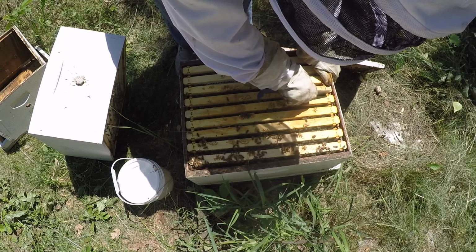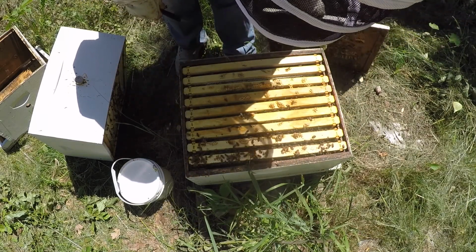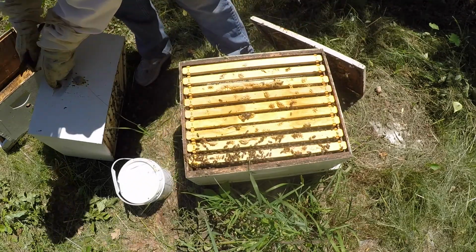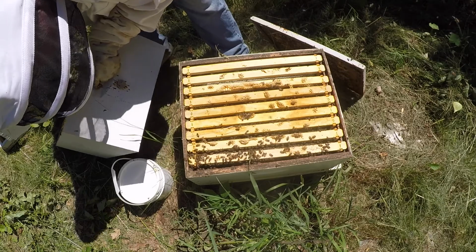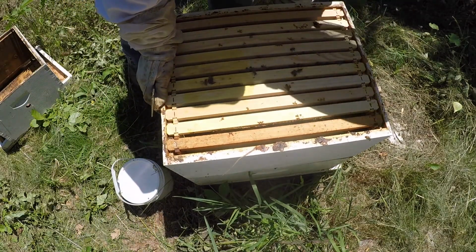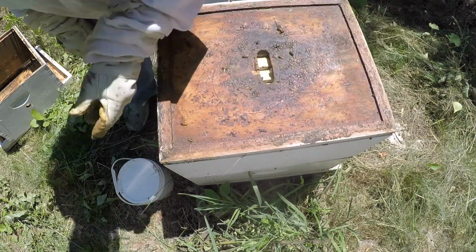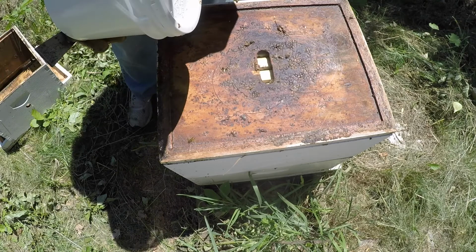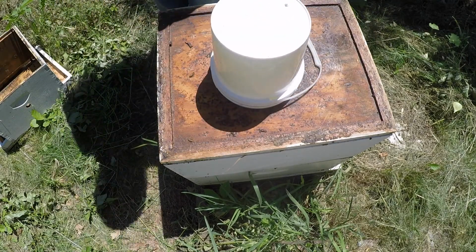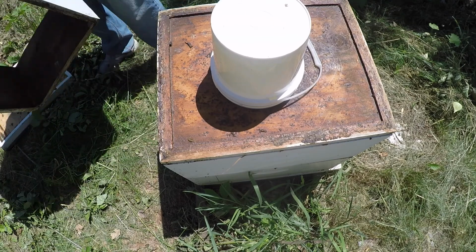So next week it'll be a lot better. This one will probably be ready for its 3rd box next week, I think. And that's how we're going to play it for this one. We'll make this one a 3 deep colony. So, okay. I got a different feeder pail here, you notice. It's just easier to bring one with. Okay, so next week,